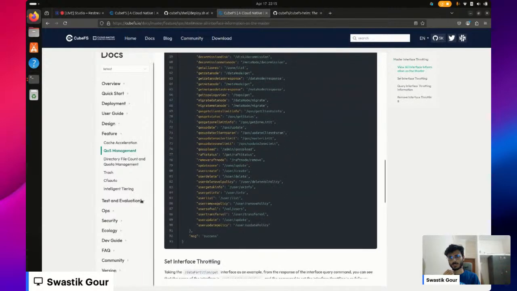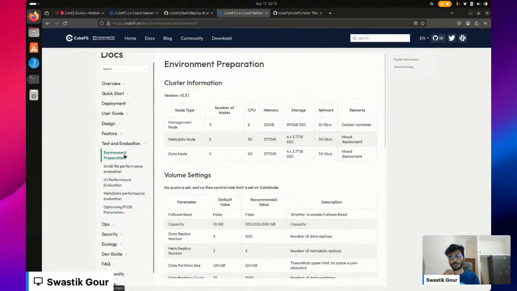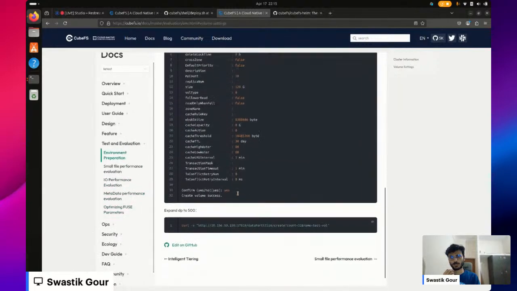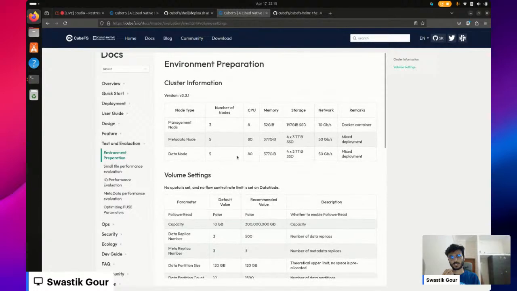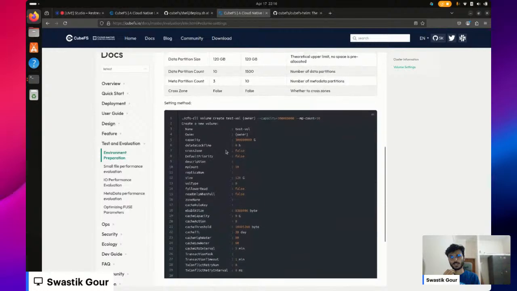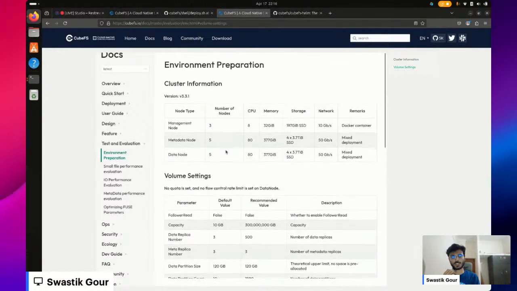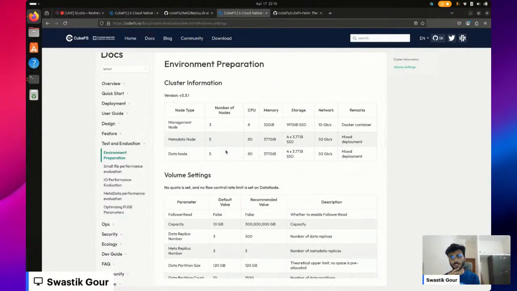The thing I'm most interested in currently is the environment, the test and feature, because this is the thing that actually determines why CubeFS is so widely regarded in the cloud native industry and why it is suitable for AI/ML workloads. So yeah,